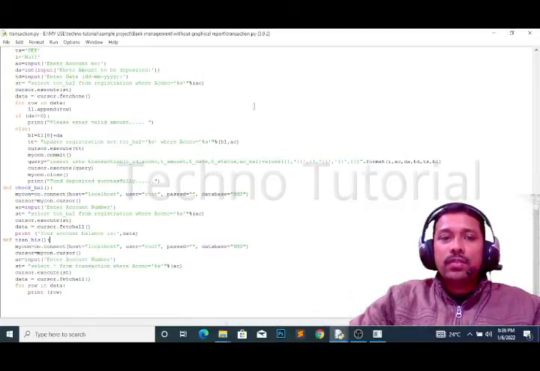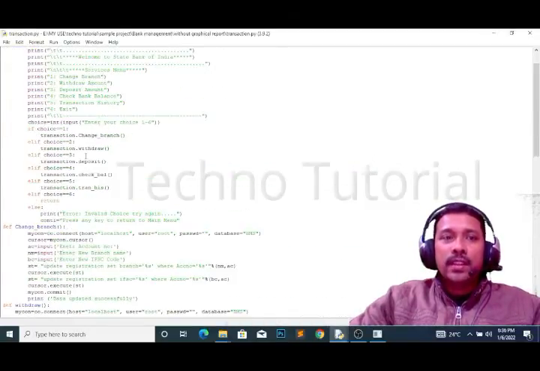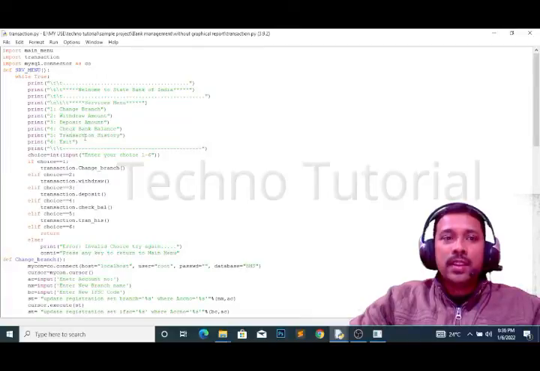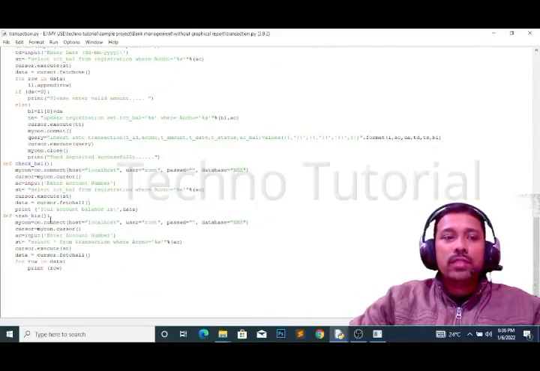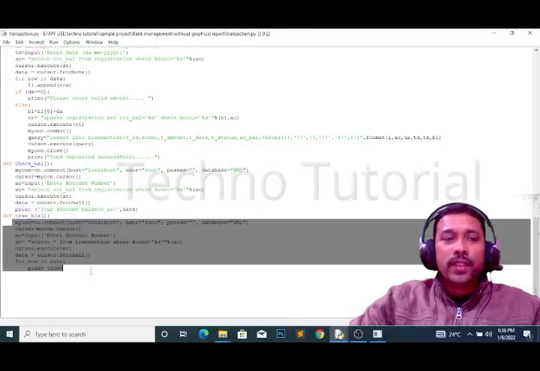So just go to this transaction, and here this function is there in the app. See this transaction history, number 5. So you have to go to this number 5, transaction history. This is one of the functions that I have done. So just go to this one, "his" means transaction history. So here in this function, I have done that part.